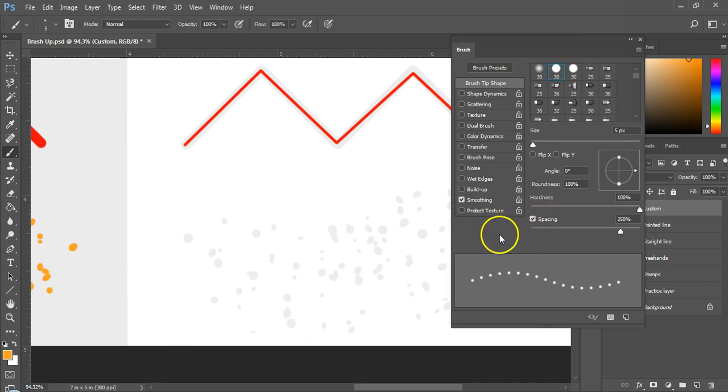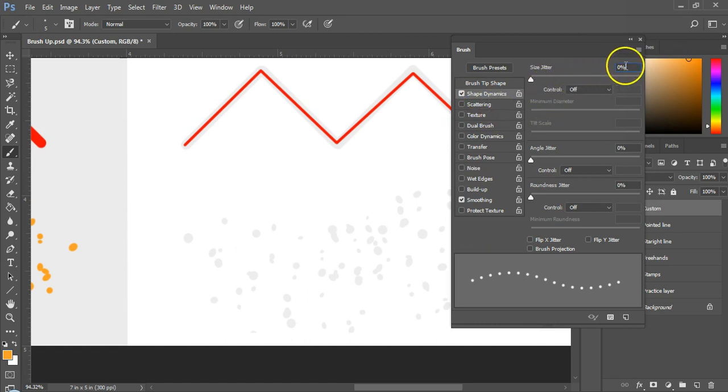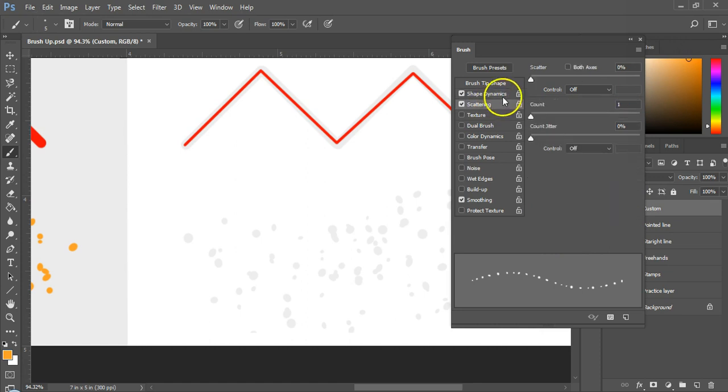Let's look at some more options that we can toggle. Select Shape Dynamics. Change the value of Size Jitter to 50%, Angle Jitter to 50% and Roundness Jitter to 50%. These values will randomize the size, angle and roundness of each individual unit in the brush. Next, select Scattering. Increase the scatter value to 750%, count to 3 and count jitter to 20%. Here I have changed the value to scatter each unit and how many units will be generated.